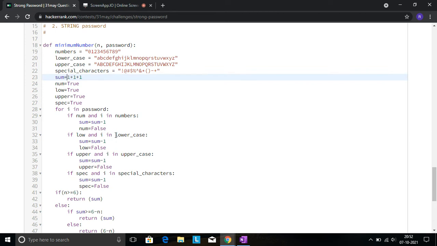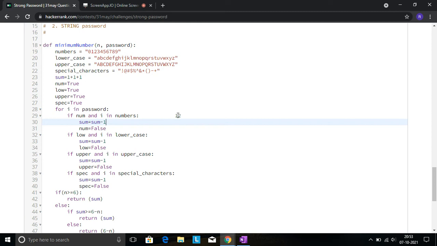In the same way, I will check for lowercase, uppercase, and special character. But these flags I used because suppose you have a password that contains more than one digit like this. Whenever the first digit is encountered, the sum will be decreased by 1, and I'll make the num equal to false.